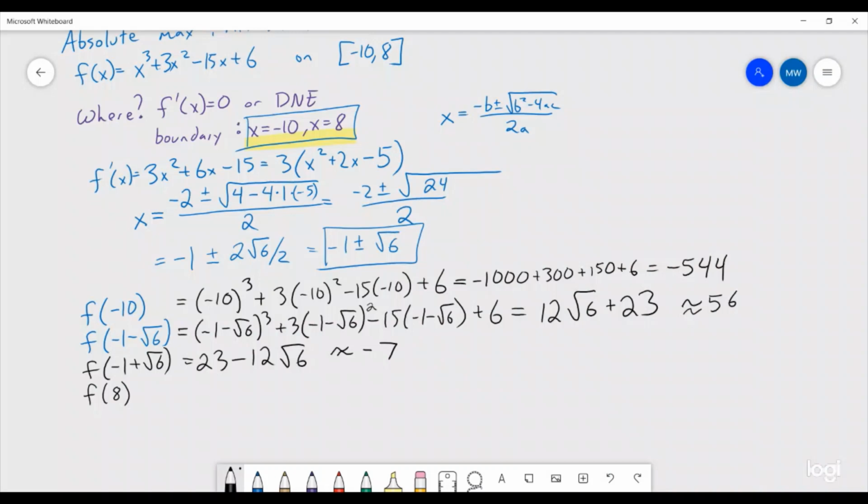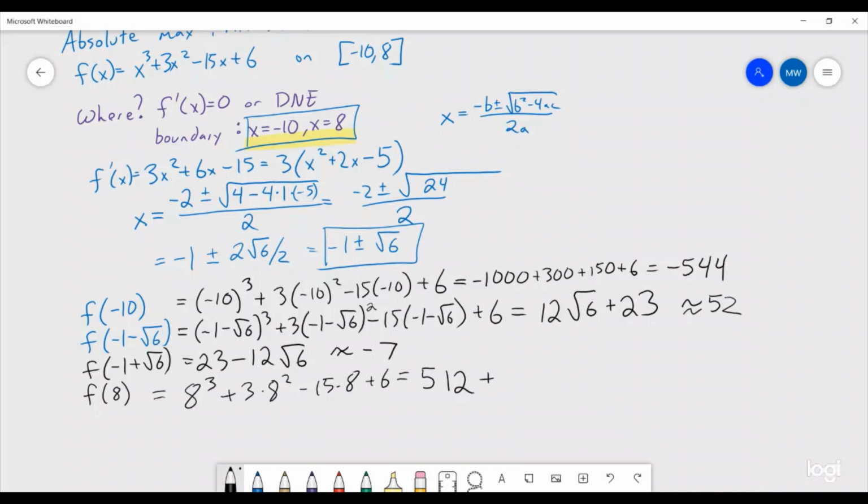This first one's actually close to 52, a lot closer to 52. And then f of 8, this one is going to be one that we can go through and compute easily. 8 cubed plus 3 times 8 squared minus 15 times 8 plus 6. 8 cubed, that is going to be 64 times 8, which is 512,